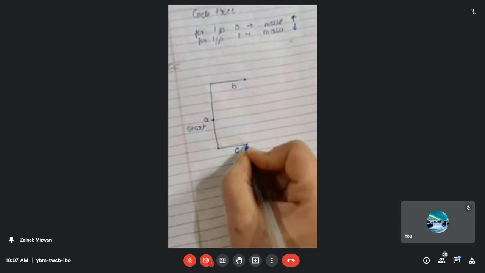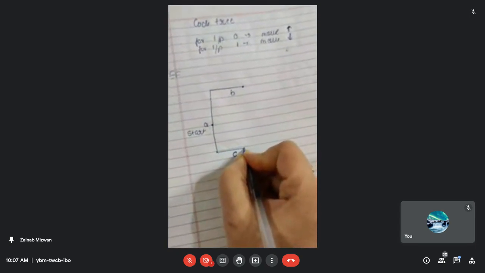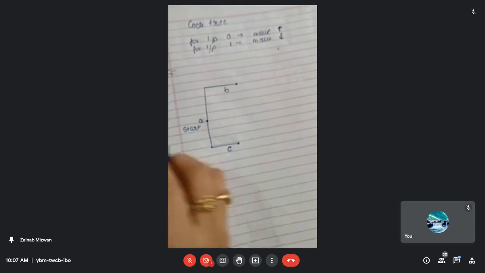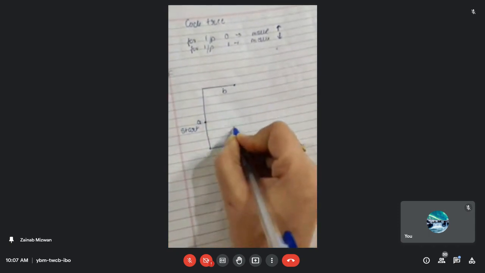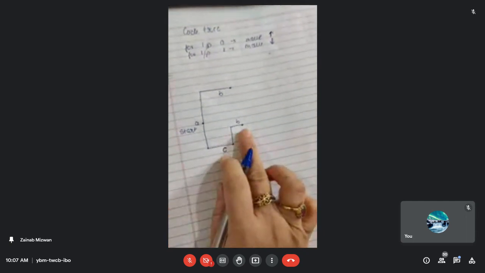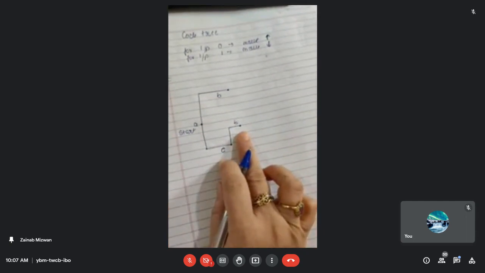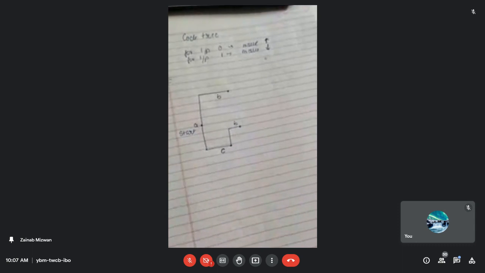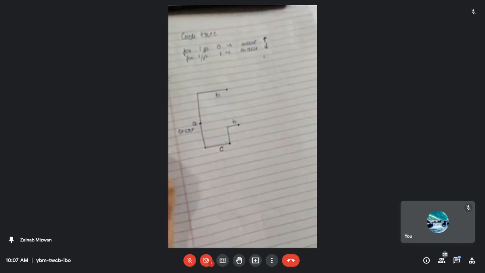Okay, now we are at the state C. Now from the state C, what I have to do is move to the state B. So from C, I am going to move to the state B over here. Where have we come from C? We have moved to the state B. What was your input? It was 0, so we have moved from the state C to the state B.